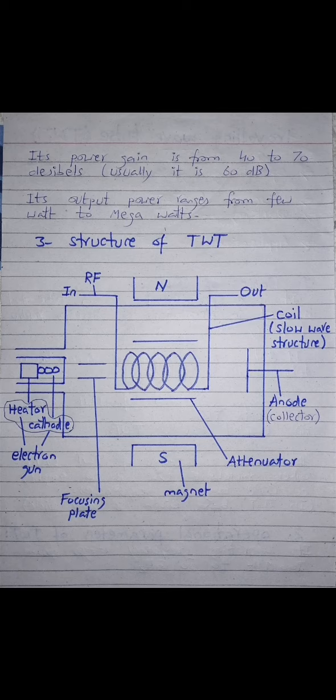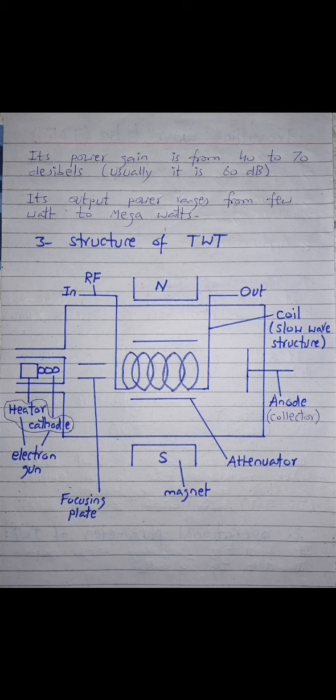For a prolonged interaction, it is necessary that as the electron beam progresses, the radio frequency signal should also move along with it. In order to achieve this, the velocity of both the traveling wave and the electron beam should be approximately the same. But here the velocity of the electron beam depends upon the anode voltage and cannot be increased beyond a certain limit, whereas the radio frequency signal propagates with the velocity of light.